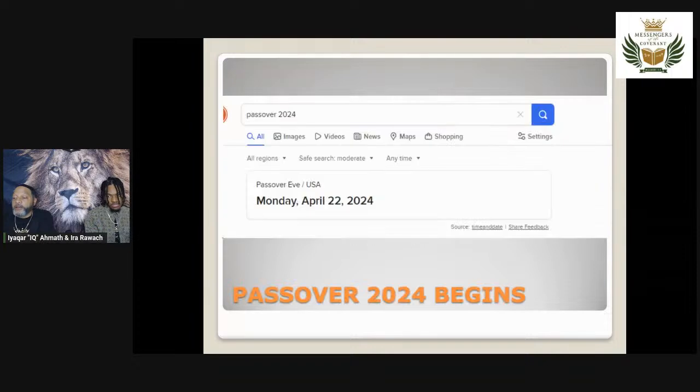All right. Just a simple search. I use DuckDuckGo, but even with Google, you just type in when's Passover 2024, April 22nd. That is the date that we calculate, and it wasn't because I used Google. I just did this to see, are they on point with where we calculate? Yeah, they are. Some have April 21st. We calculate April 22nd, and the reasoning is that, based upon when the new moon hit, it didn't hit until that Monday during the day, which means we're going to keep it in the evening.